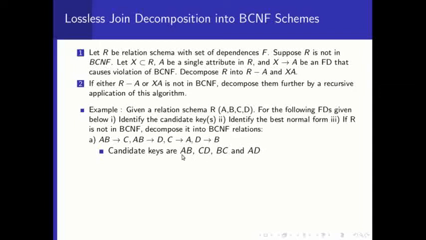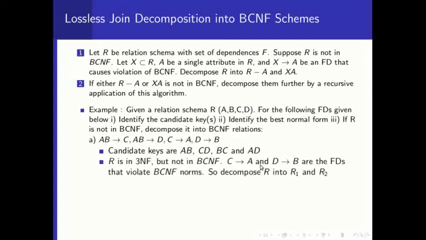I have asked this question, what is the candidate key? Many of you answered with the wrong answer. That is why I am repeating again. Candidate keys are minimal super keys. There may be more than one candidate key. The primary key is the one selected out of these four keys. Here AB, CD, BC as well as AD can act as keys.